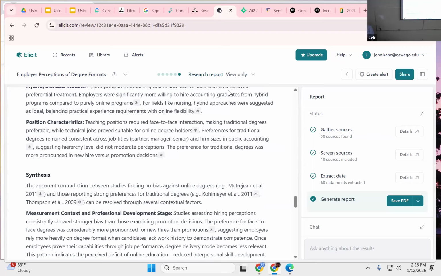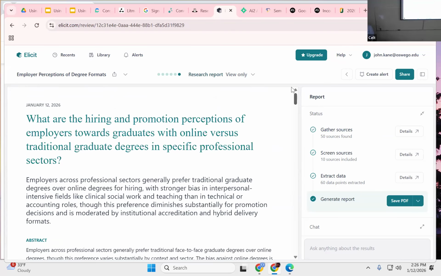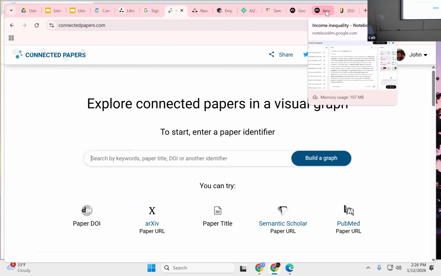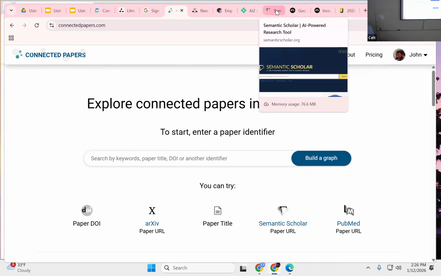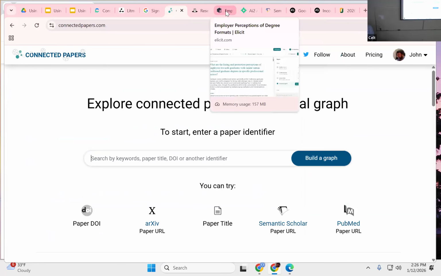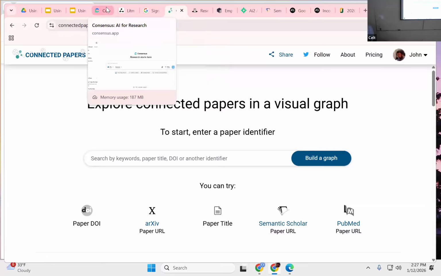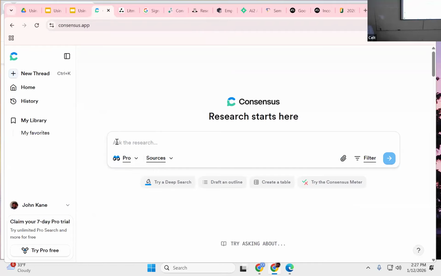Now, this would also be a good question, perhaps, to bring over to Consensus. That's not Consensus, that's Elicit. Oh, maybe I didn't open it, or maybe, here we go, Consensus. So just as another thing, let's say